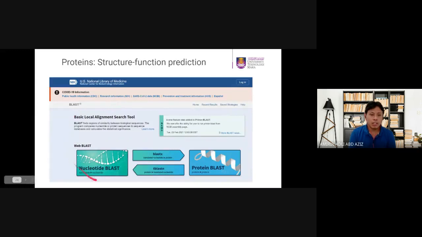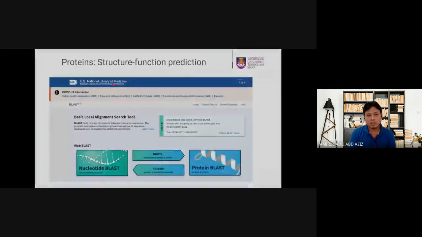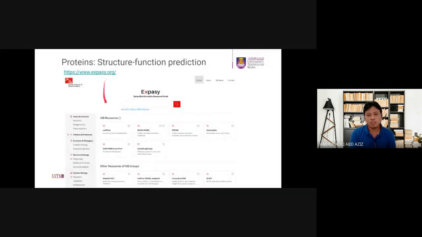Ni BLAST. BLAST ni biasa nak buat local alignment search. So you put a known sequence, then find out if there are unknown genes elsewhere in other species. Homologs, orthologs, all those sorts. And then this expertise. I put the link here as well, so if you are interested, you can explore this. Expertise ni biasa senang untuk study that, and what you only need to do is to put in the sequence saja. Letak sequence, they calculate that, and then dia bagi result to you. And then it's up to you to